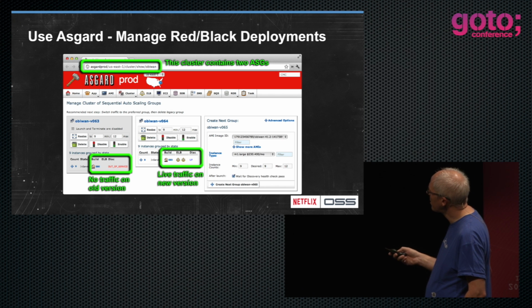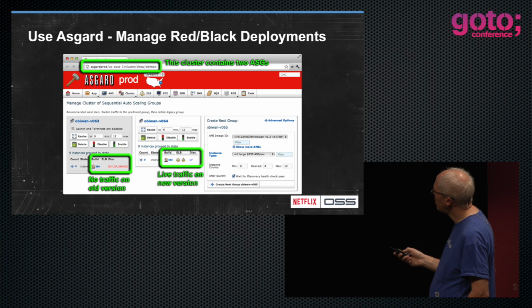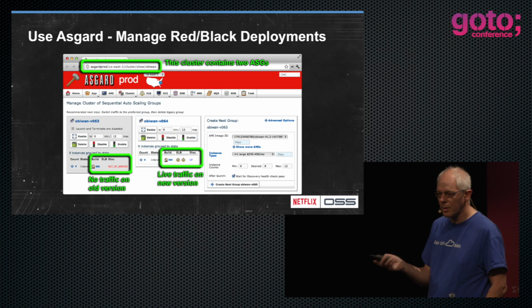This is the previous version of the application, and there are instances here, but they're out of service. And there's version 64, which is in service. And if you wanted to shut this down and switch back because there was a problem, you'd hit enable here, and you'd hit disable here. Then all of the traffic would go to this version. Right? So it's like